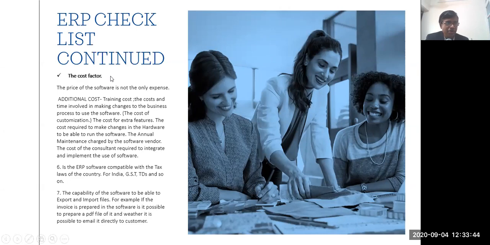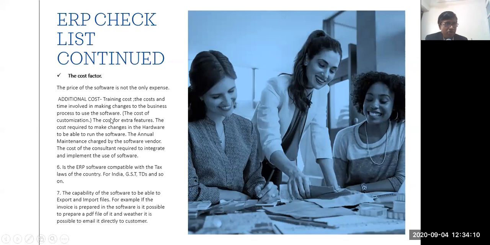ERP checklist continued. The cost factor. The price of the software is not the only expense. This is an important point one needs to take into consideration. There are additional costs like training costs, time involved in making changes to the business process to use the software,